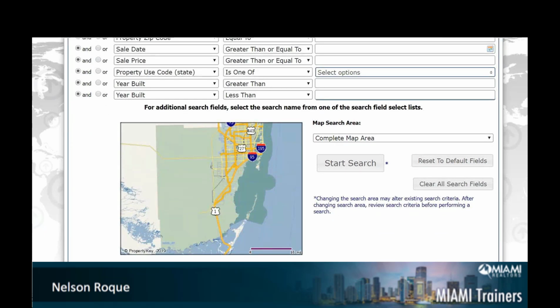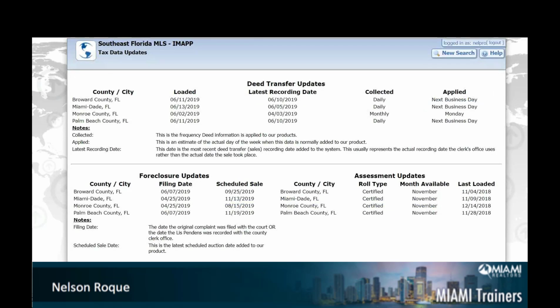The first thing I'm going to show you is tax data ability. Whenever you want to know when was the last time new information was introduced to this beautiful program, all you got to do is click where it says tax data ability. The program will then take you to another screen, and in that particular screen, you will notice that every Friday,